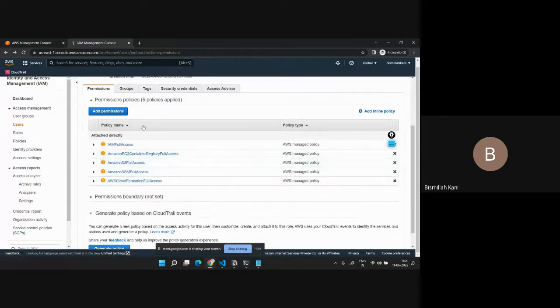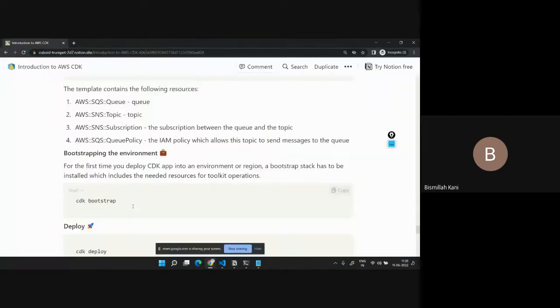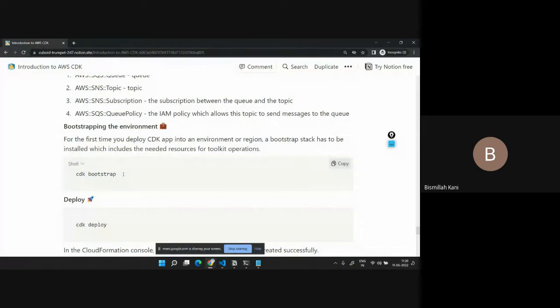So now all is done. I have a user account, I have programmatic access to my AWS account, and all the required permissions have been added. So these are the required permissions. Okay, so now I can go and deploy it. But before that, if this is your first time, then you have to run CDK Bootstrap,